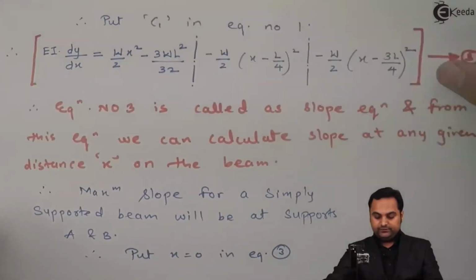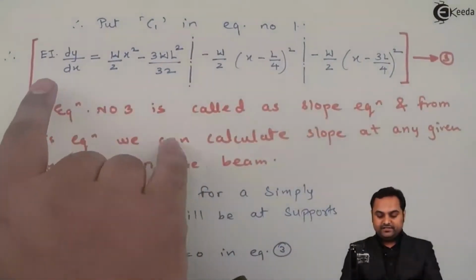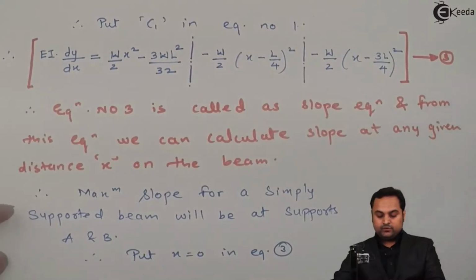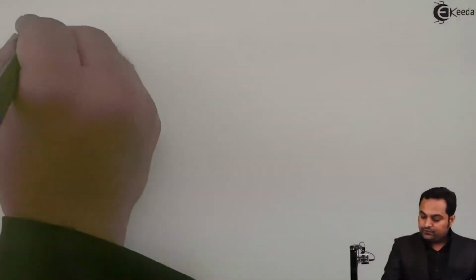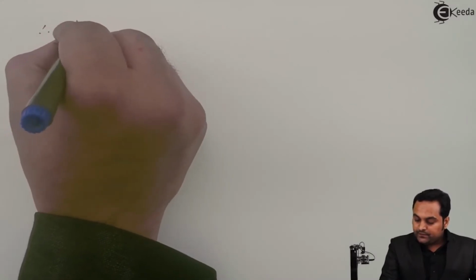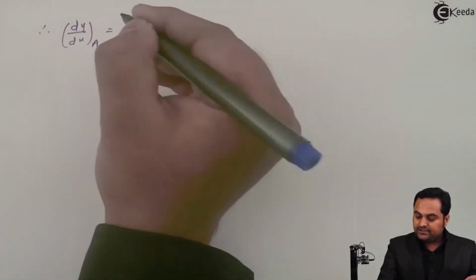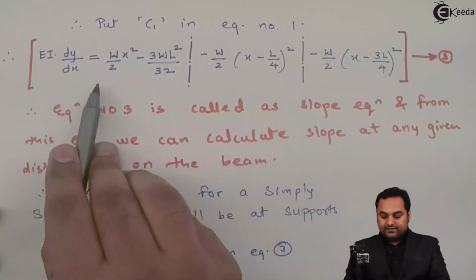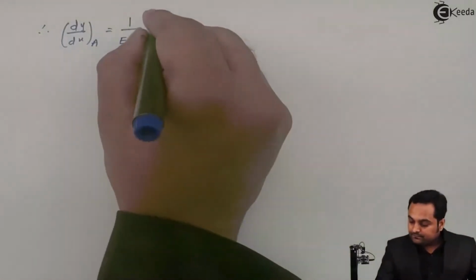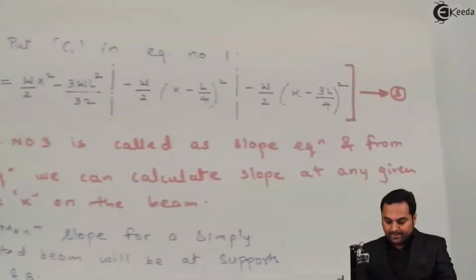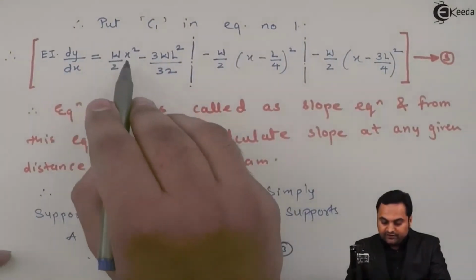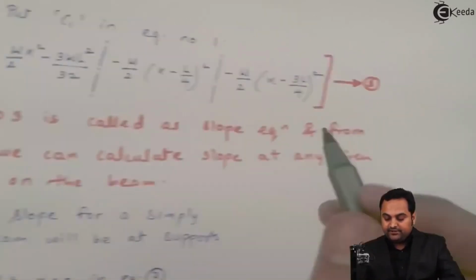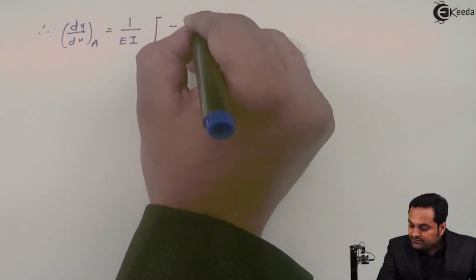So when I keep the values, now this EI here is getting multiplied. I'll shift it into the denominator on the right hand side. So we have dy by dx on one side. So dy by dx, it is nothing but the slope at A, and it is equal to 1 upon EI. I'm shifting this EI here and this complete term. Now I'll put the value as x is equal to 0. So if I put x as 0, this first term will get eliminated. So here I have minus 3 by 32, minus 3 by 32